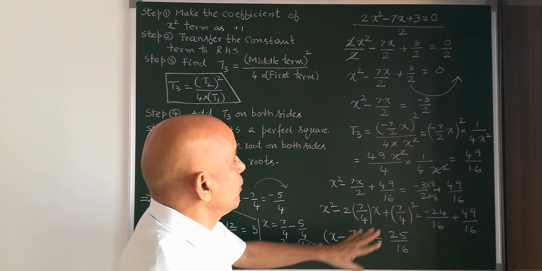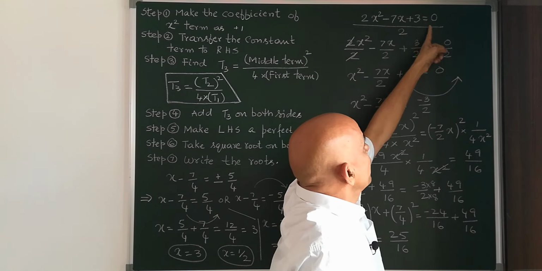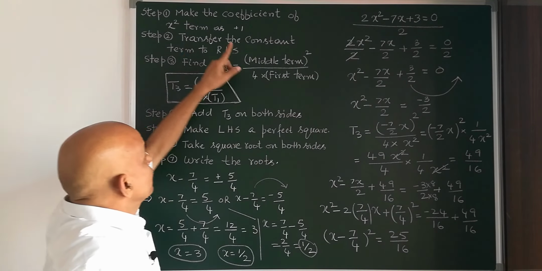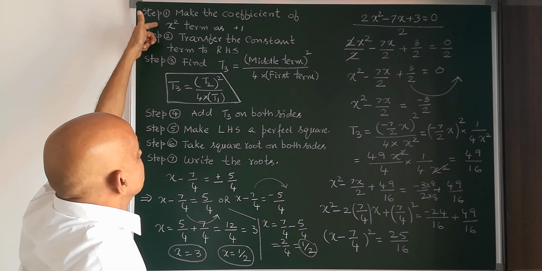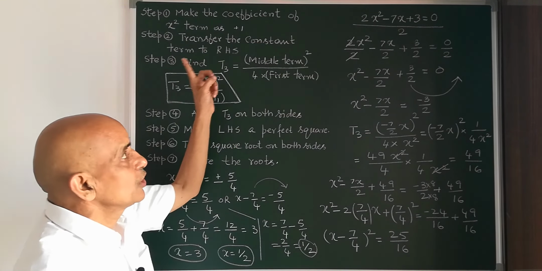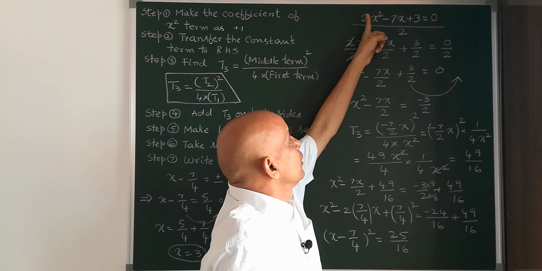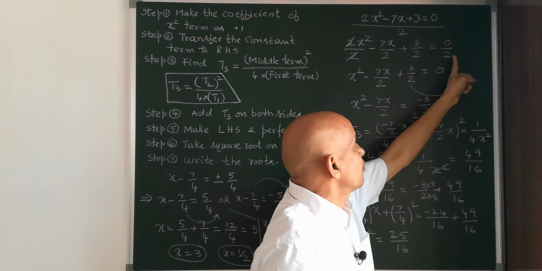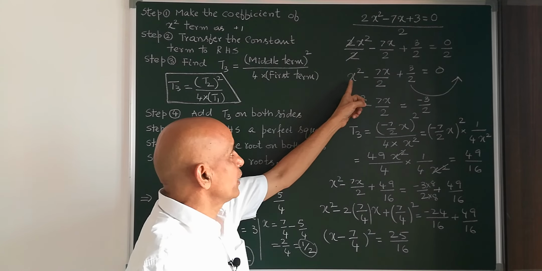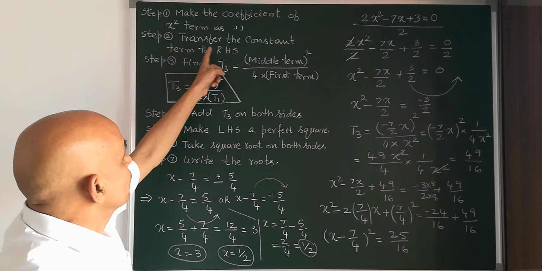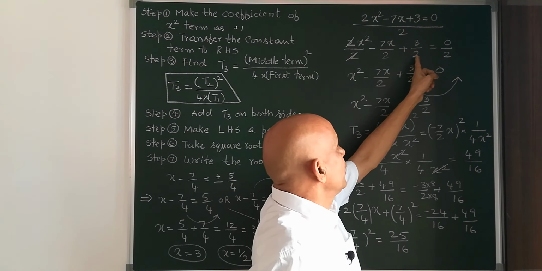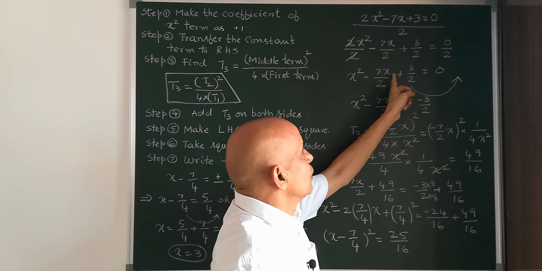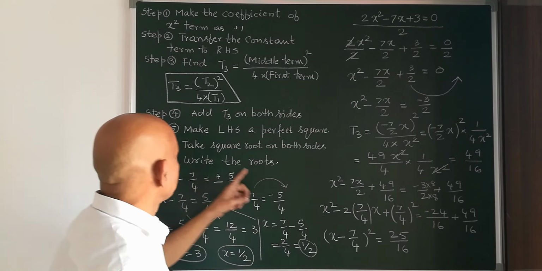So once again I will sum up. Whenever you take a quadratic equation and want to solve it by the completing the squares method, the mechanical process involved is, first step, make the coefficient of x square as 1. If it is not 1, here it is 2, so to make it 1 we divide throughout the equation by 2. So this became 1x square. Then transfer the constant to the right hand side, plus 3 by 2; when you take it to the right hand side, it becomes minus 3 by 2. Sometimes it may be minus, and when you take that side it will become plus.